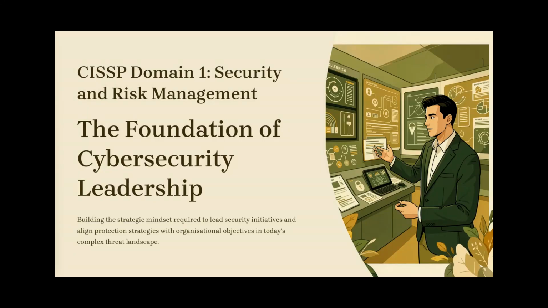Everyone, welcome. So you're thinking about CISSP, or you may have started studying, and you open Domain 1, Security and Risk Management, and your first thought might be, wait, where are the firewalls? Where is IDS, IPS? Where is the configuration? Where will I do my firewall configuration, right? But here's the thing. Domain 1 is where they separate the technicians from leaders. It makes up 16% of the exam, but honestly, it's 100% of the mindset you need to be effective in cybersecurity